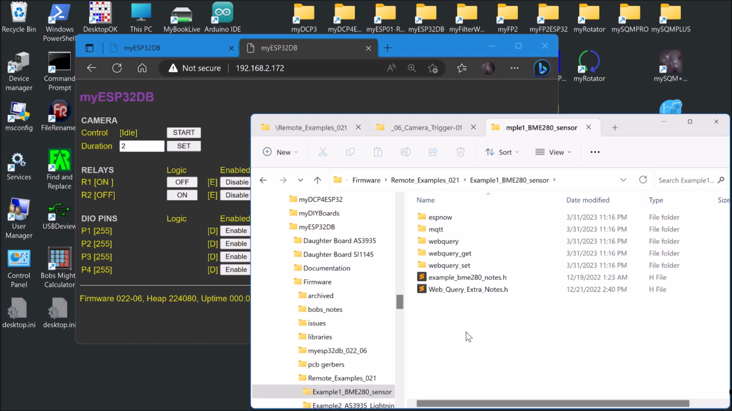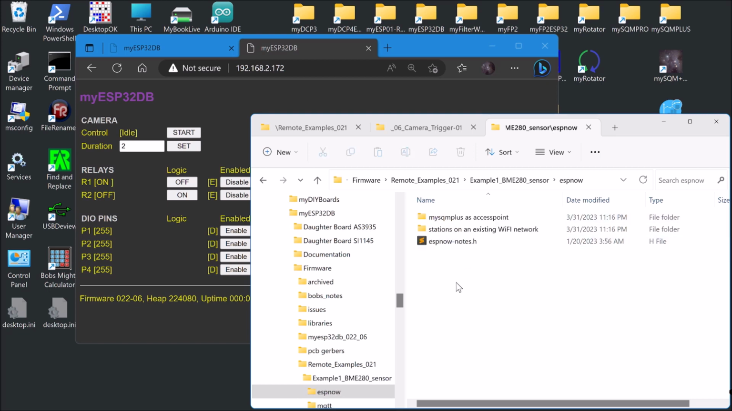If I just briefly show you this, the ESP Now folder is obviously transferring sensor data using ESP Now or MQTT or a basic web query, as well as support for getting and setting values from an external source. Because this example is working with the mySQM Plus controller to send BME 280 values to the mySQM Plus,